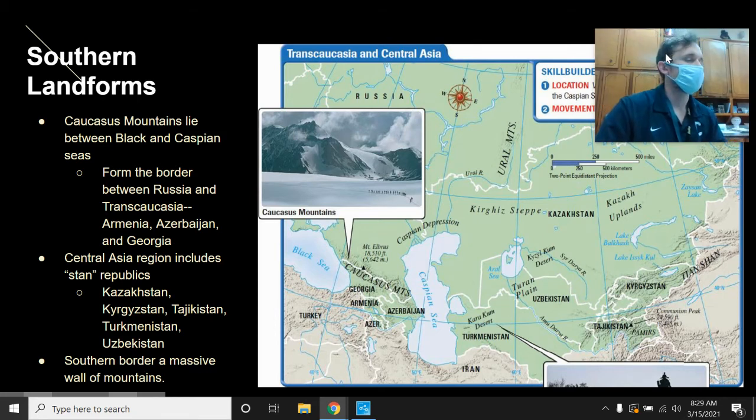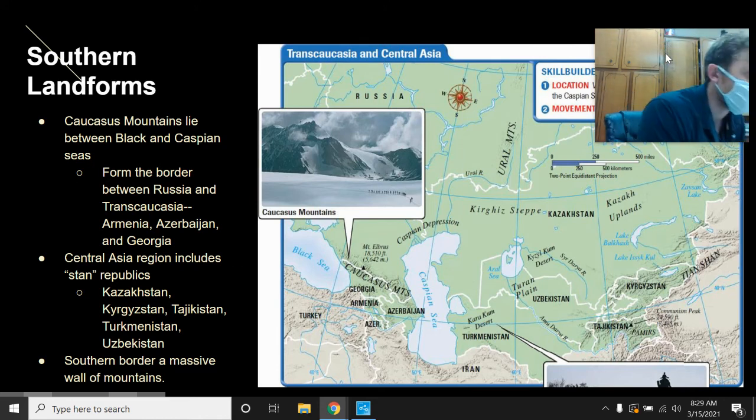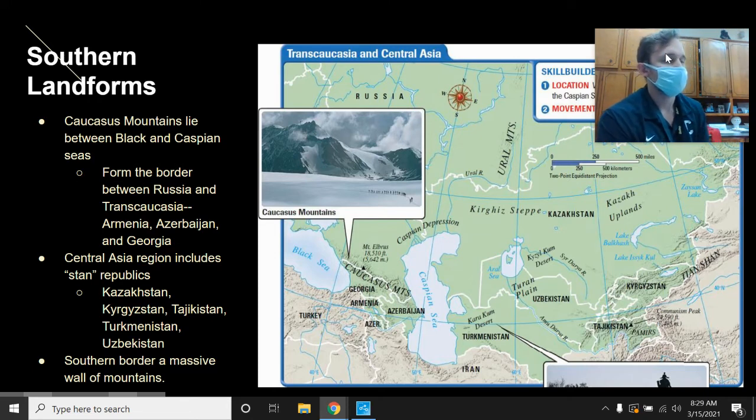All right. So the North, like I said, Russia you can divide up into four geographic regions as we went through. Then the southern landforms. The southern areas of Russia and the republics feature towering mountains. So this whole region down here from the Caucasus in southern Russia and all of this down through here is very mountainous, from Azerbaijan to Turkmenistan, all that.